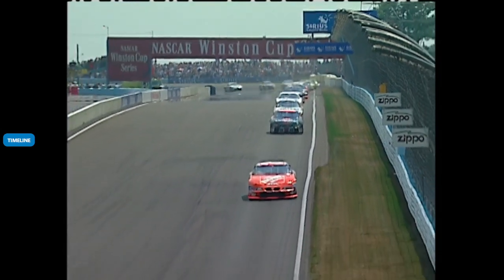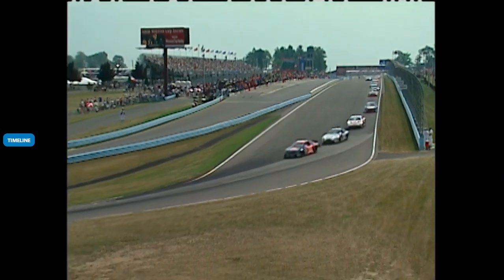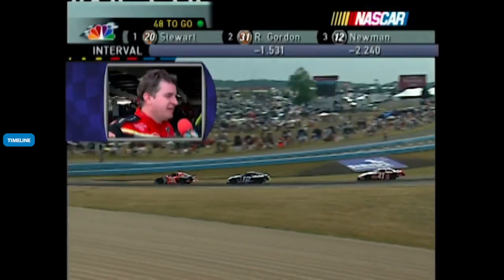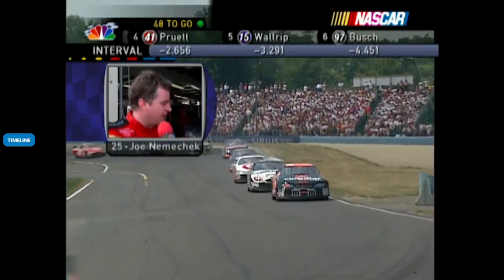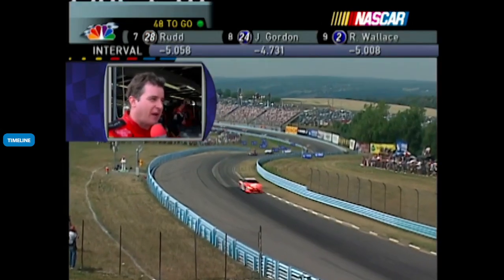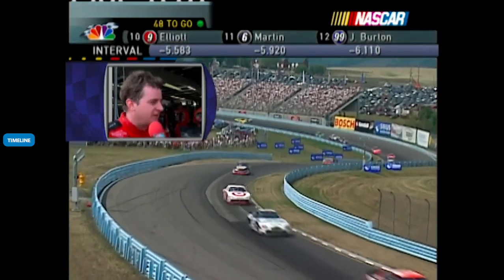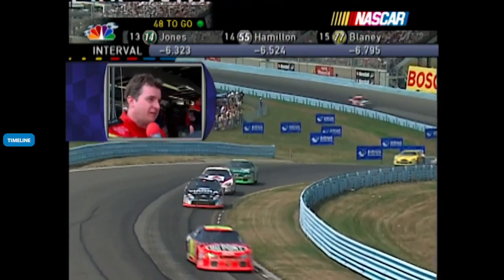All right, Bill. What happened to Nemechek? Well, let's find out. Joe's back in the garage. What happened? Just a disappointing weekend for this whole UAW Delphi Chevrolet crew. Usually run pretty good here, but we've been struggling the whole week. Had a little problem with the brakes yesterday in happy hour. Got them better today, but I wheel hopped real bad getting in the inner loop, and I flat spotted the